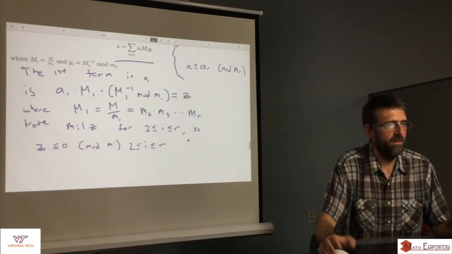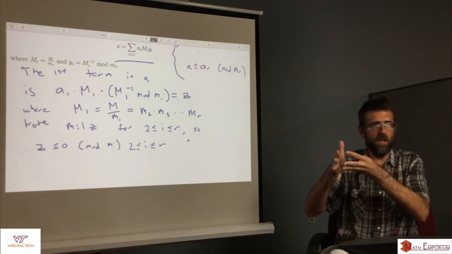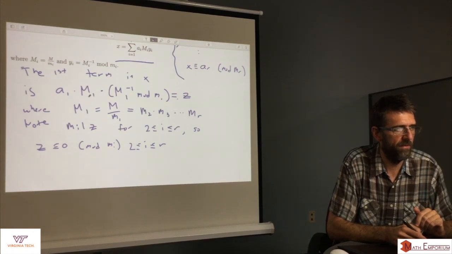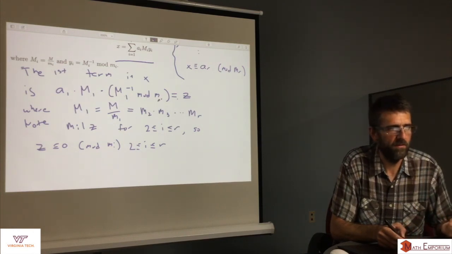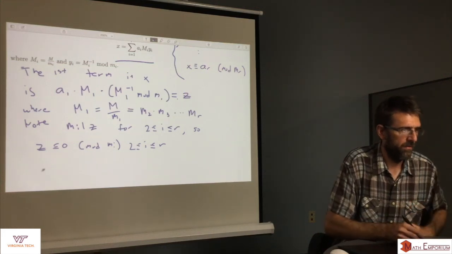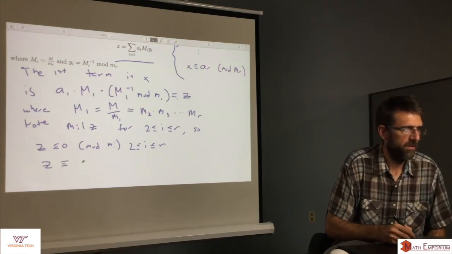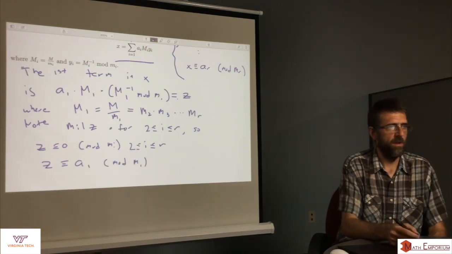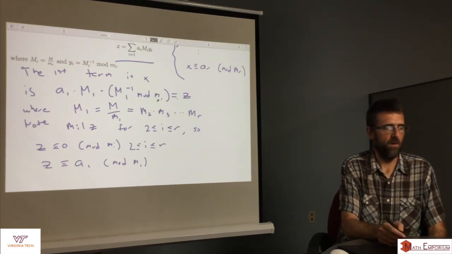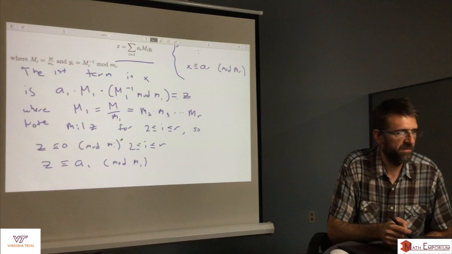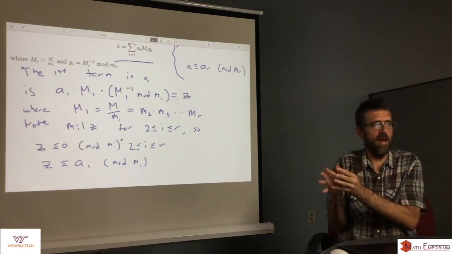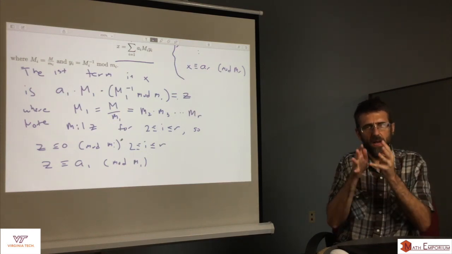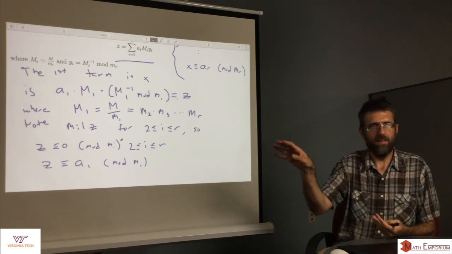Then really all we need to know is that z is taking care of that first congruence, which it is, because I have a1 and then I'm multiplying by M1 inverse taken mod m1. Note that z is just going to be congruent to a1 mod little m1, because these two things cancel each other out. This is just kind of an ingenious trick where we put in one term at a time. We make sure that each term takes care of satisfying the congruence that we're looking at without